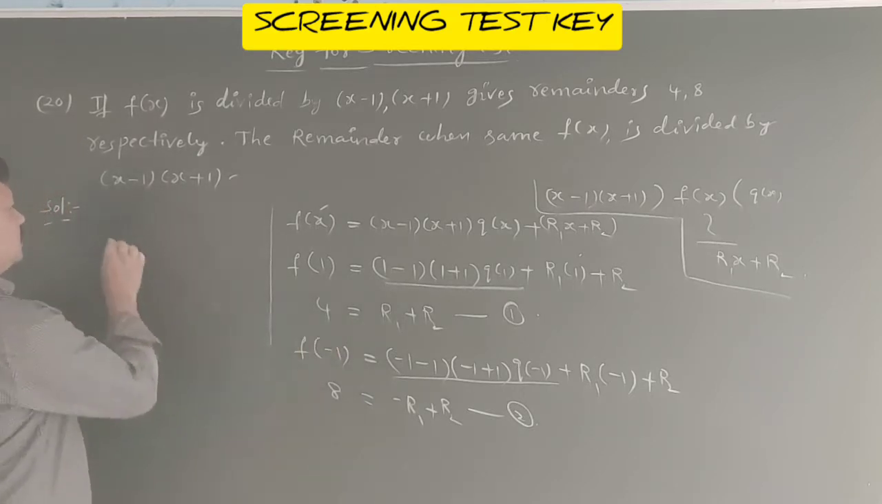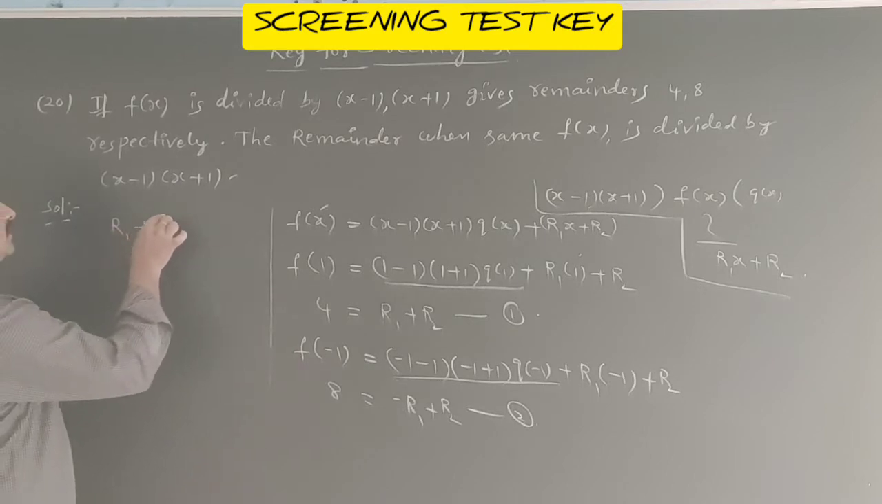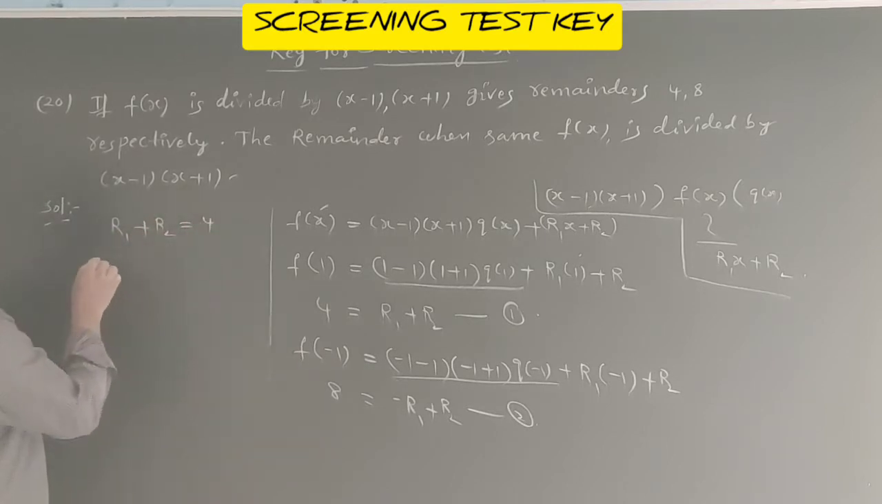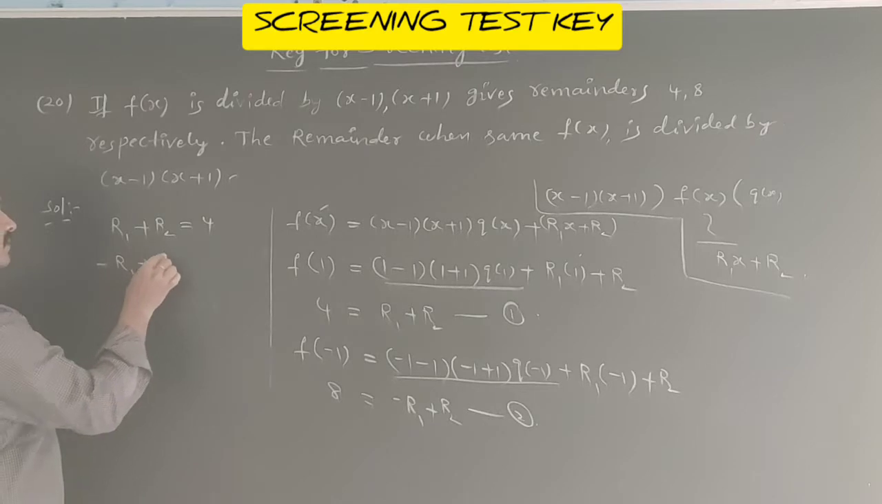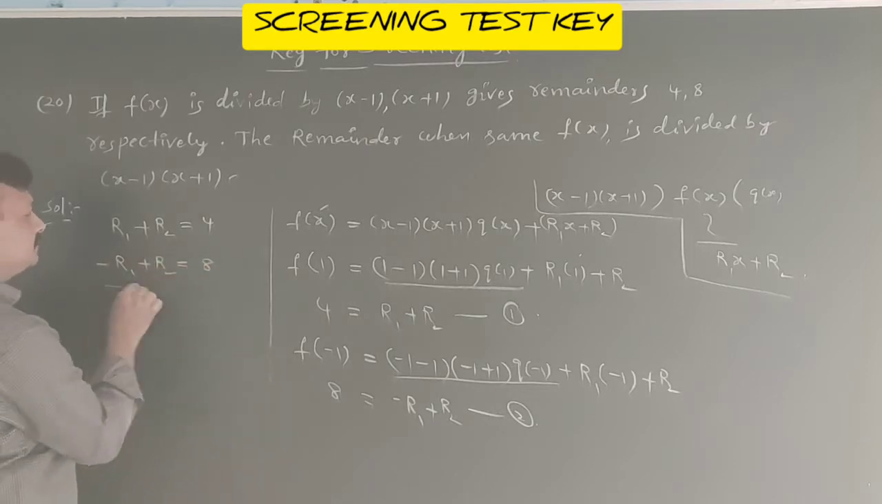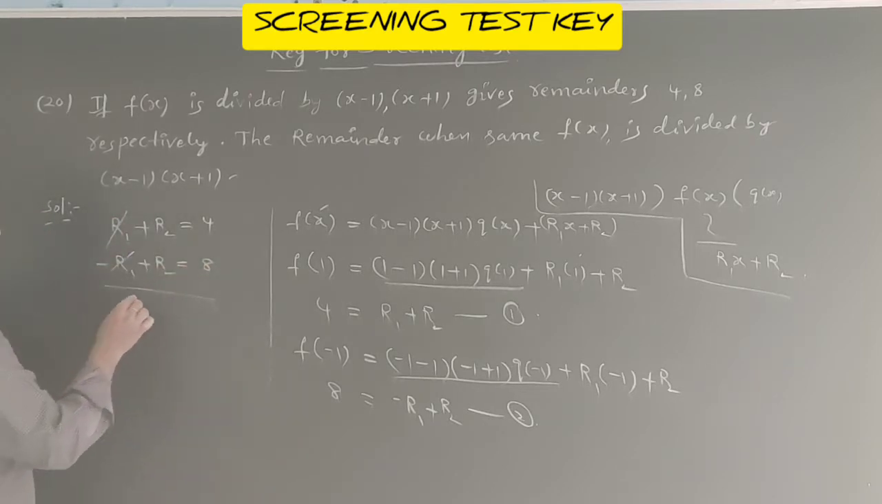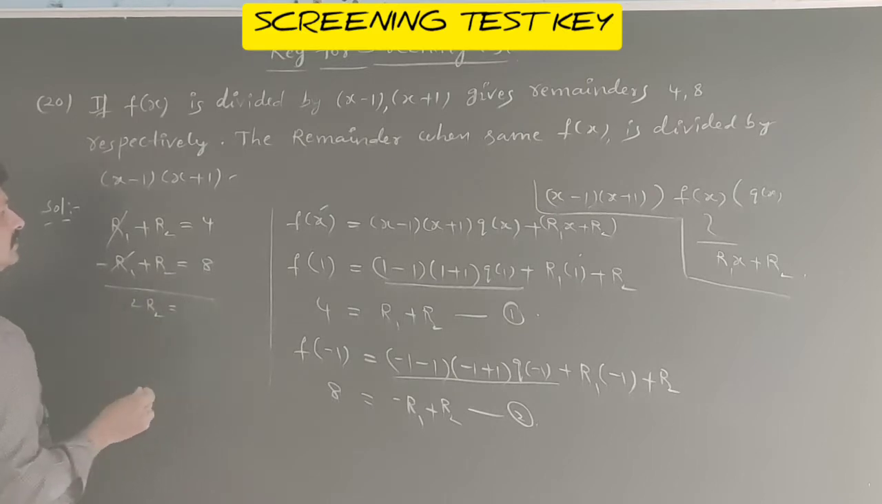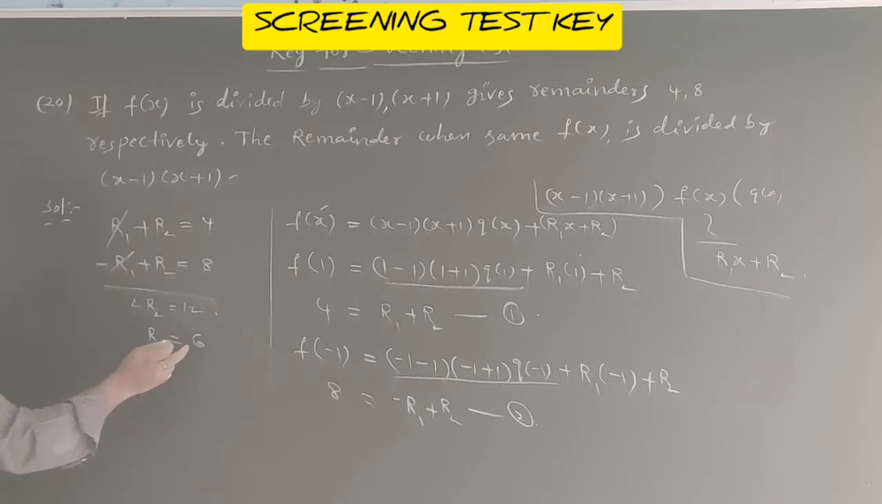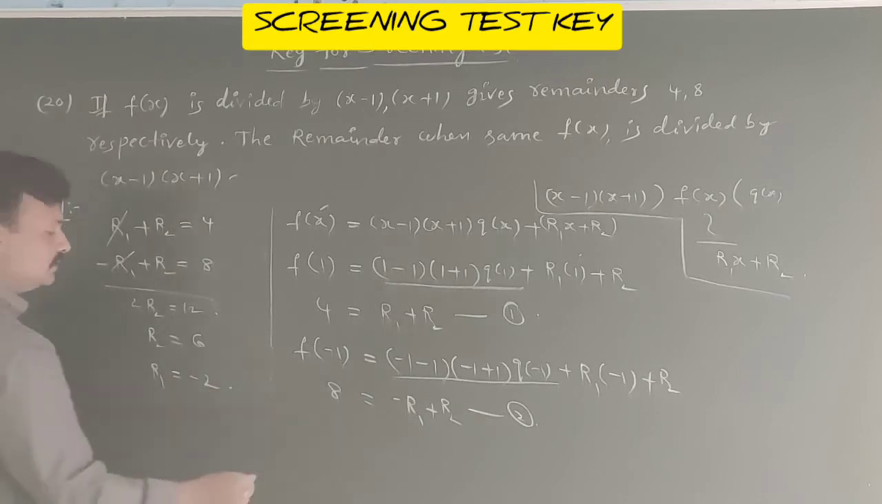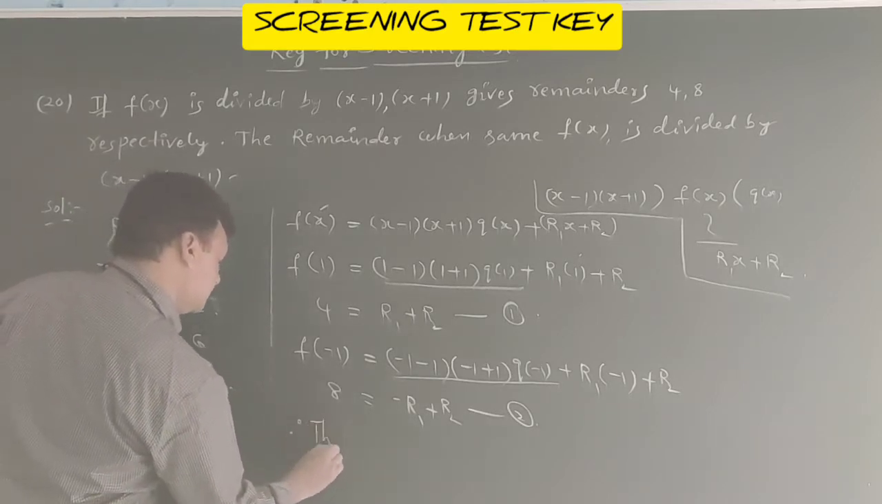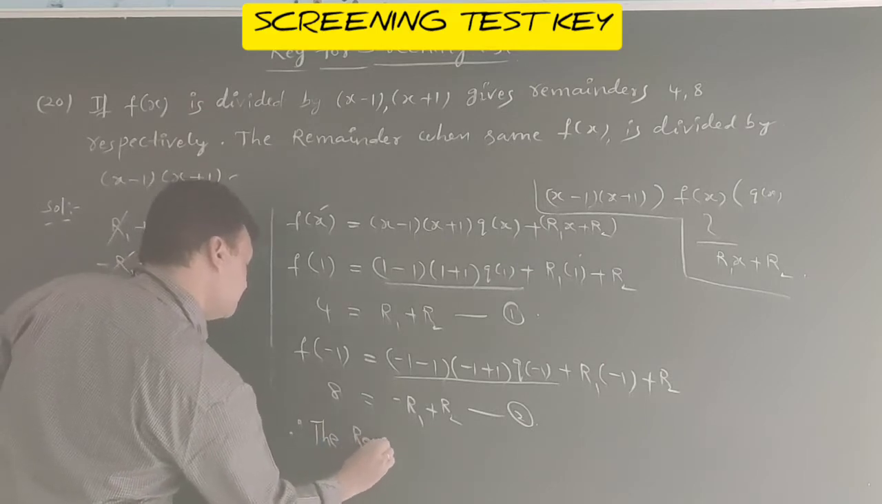First equation, R1 plus R2 equal to 4. Second, minus R1 plus R2 equal to 8. Adding them, 2R2 equal to 12, so R2 equal to 6. If you substitute R2 in the first equation, R1 equal to minus 2. Therefore, the remainder is